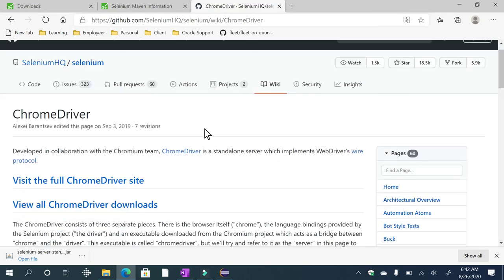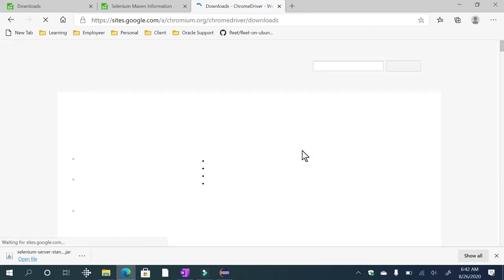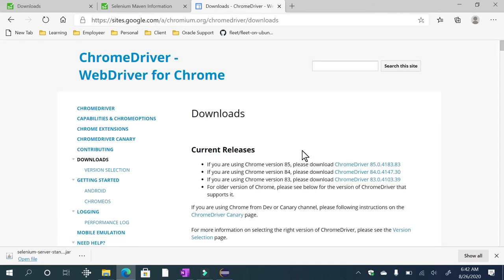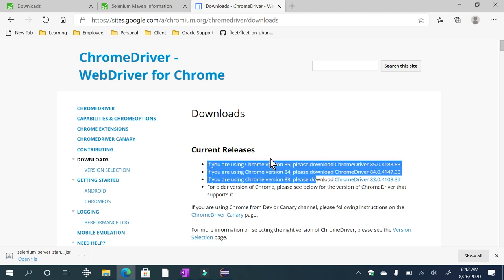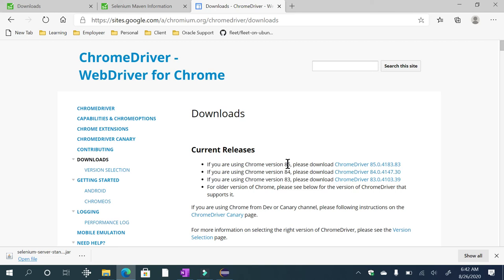To drive any browser, Selenium WebDriver depends upon different drivers. If you want to launch Chrome, you need to have a Chrome driver. If you want to launch IE, you need to have an IE driver. If you want to launch Firefox, similarly you need a Firefox driver, no, you need to have a Gecko driver. Now let us download the required binary, the required driver. Be cautious, you need to select the right driver. For that we need to know which browser you are using.